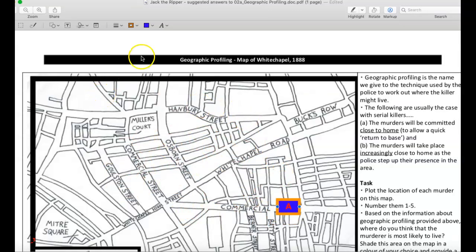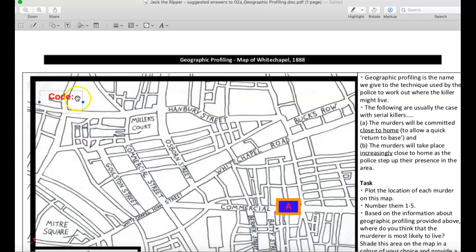What you need to do, in addition, is to create a code. So if you're going to mark the site of each of the Jack the Ripper murders with a letter of the alphabet, you can't be writing too much there. Create the code in a section of the map, and I'm not telling you where that might be, that's part of your task to work it out, in a section of the map where there aren't a lot of murders taking place. So call that code,